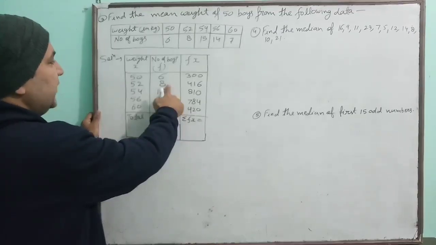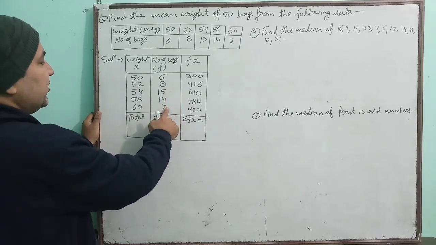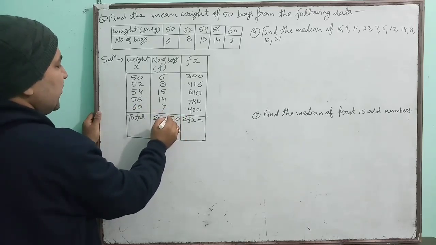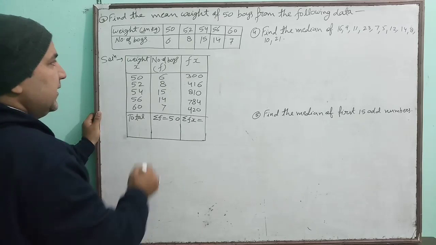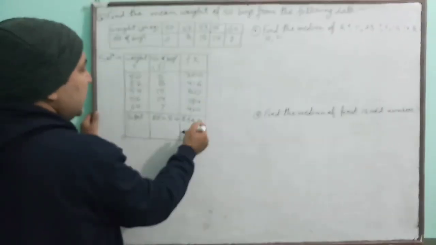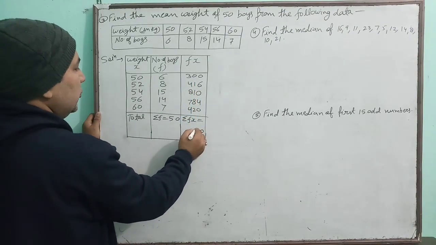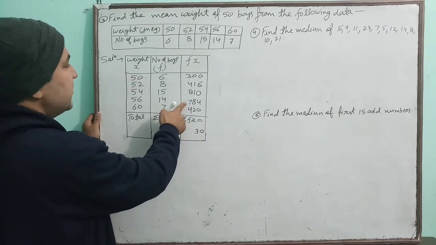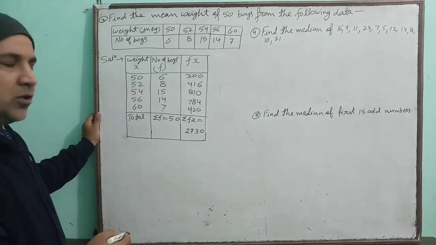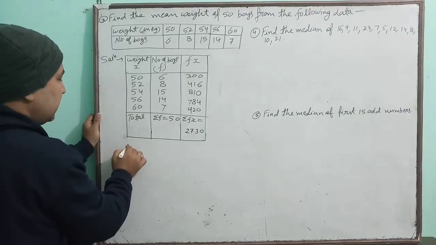6 plus 8, 14. 14 plus 5, 19. 19 plus 4, 23. 23 plus 7, 30. 0. 3 plus 2, 5. Sigma f is 50. That means the sum of the frequency is 50. Now what is the sum of these? 6 plus 4, 10. 1 carry on. 1, 2, 3, 8, 11, 2. 13, 1 carry on. 4, 1, 5, 7, 12, 8, 20. And then 7. See this one. Understood? The sum of the frequency and the sum of the product of frequency and observation.